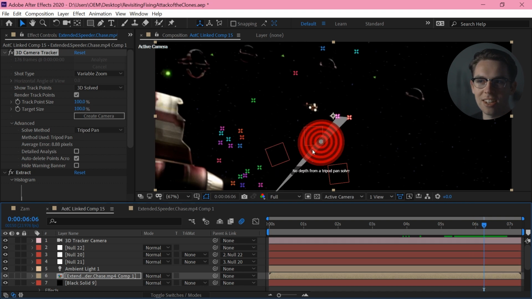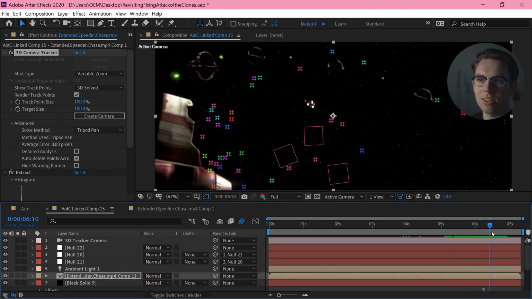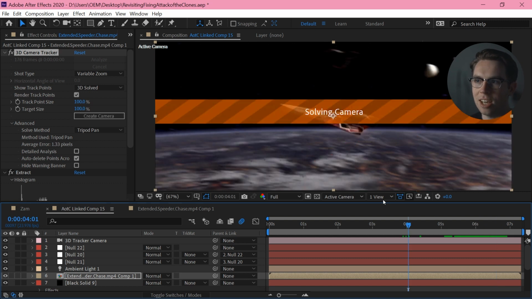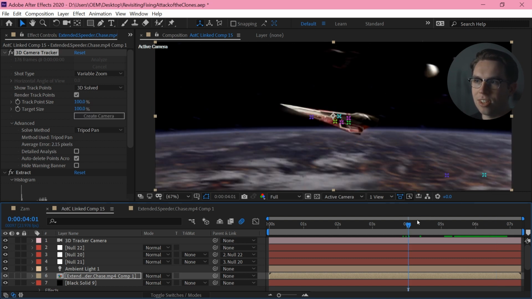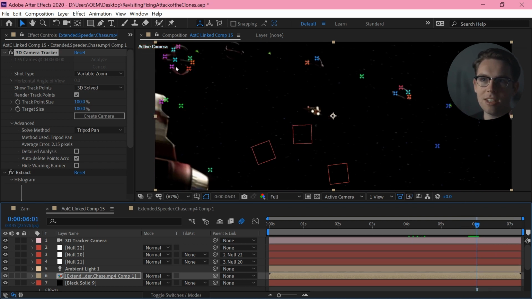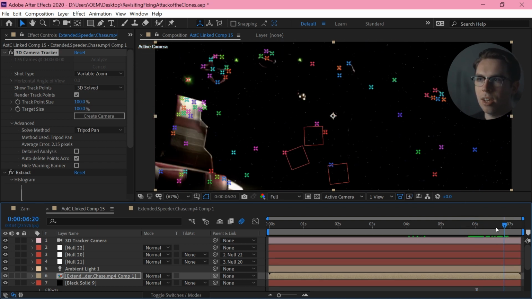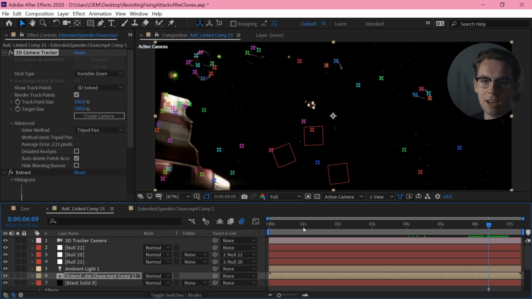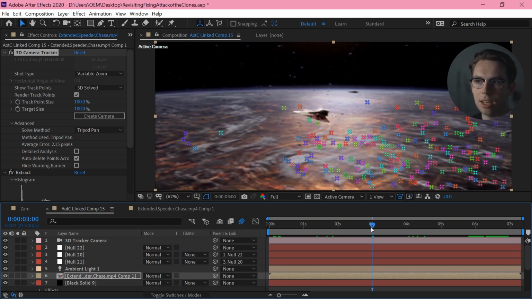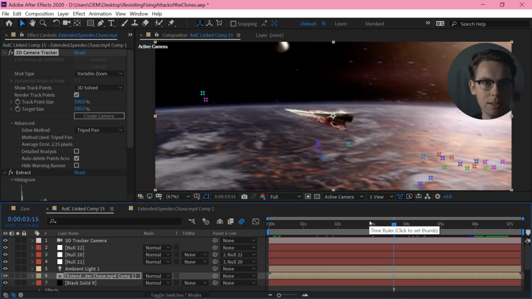As you can see, deleting those tracking points from the ship means that it thinks there is some insane rolling camera move here, which there is not. So let's add those back, and you can see at this point it decides that these are good things for tracking, which is a problem because they are all moving independently. So I only get the 3D camera track up until halfway, but that's okay.